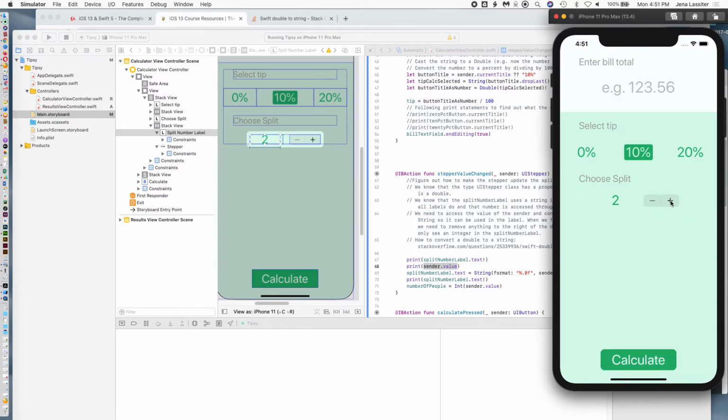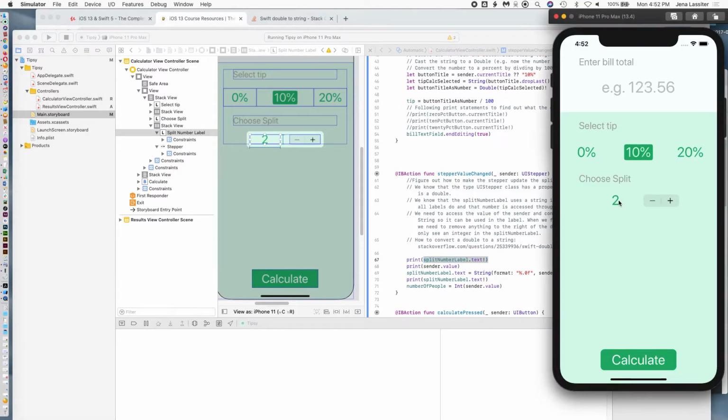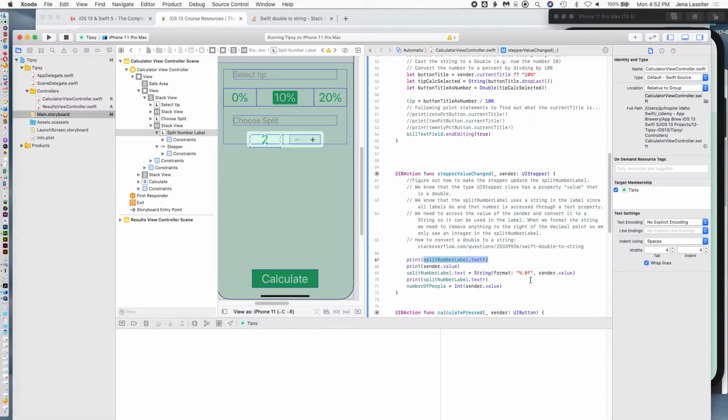So if I hit the plus, now what I expect to have happen is that it's going to call this function, and then I'm going to print the split number label dot text, the thing that's currently in there. So I should print a 2, and then I'm going to show the print sender value. So if I hit the plus symbol, then I should be passing in a 3, and then I should be showing a split number label.text with this print statement